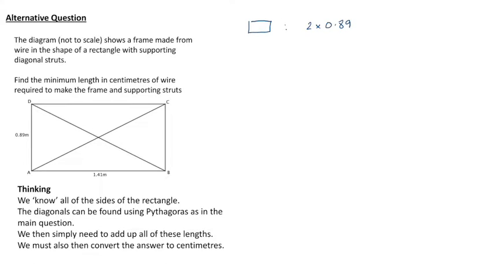Okay, so for the rectangle itself we have two lots of 0.89, those are the two sides, and 2 times 1.41, that's the top and bottom, and they come to 4.6. For the cross members we have two lots of the answer we've calculated previously. I'm not going to write all that out again, but obviously you would if you were answering this question. So that's two lots of the root of 2.7802,